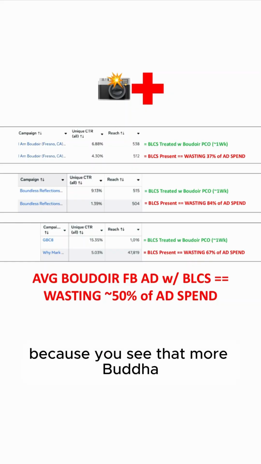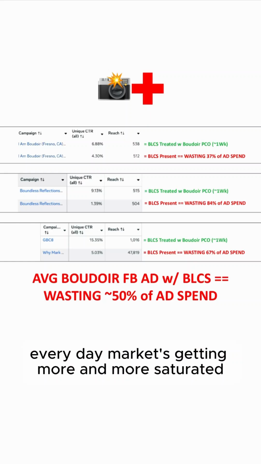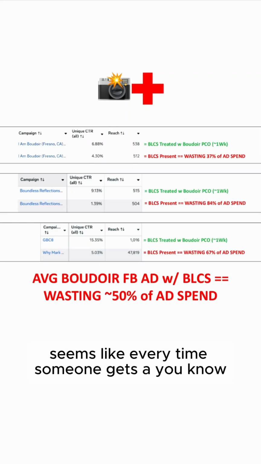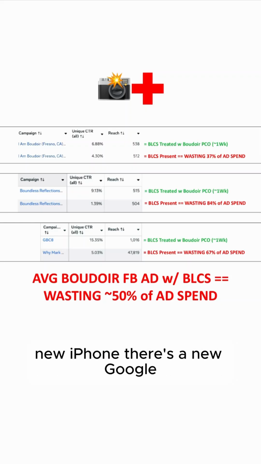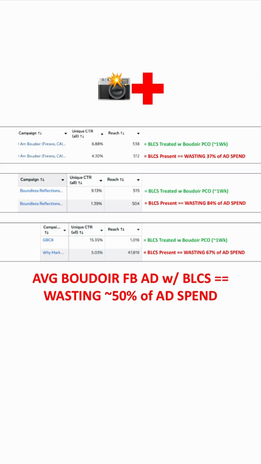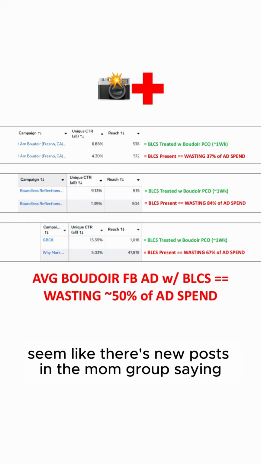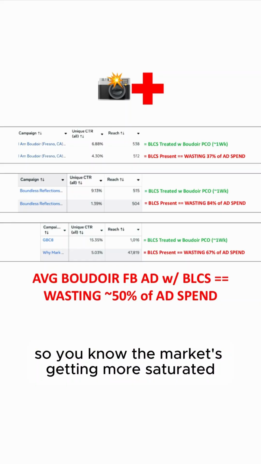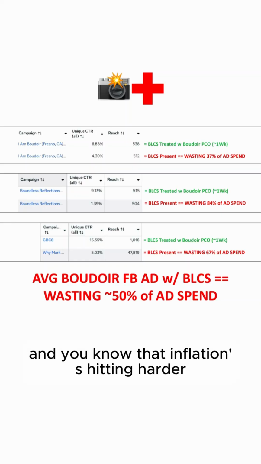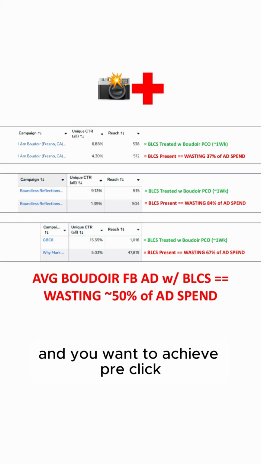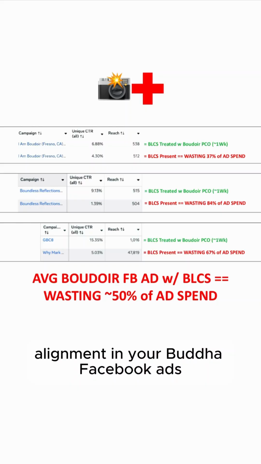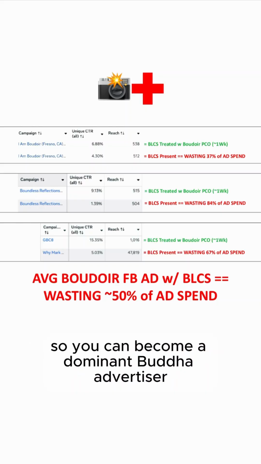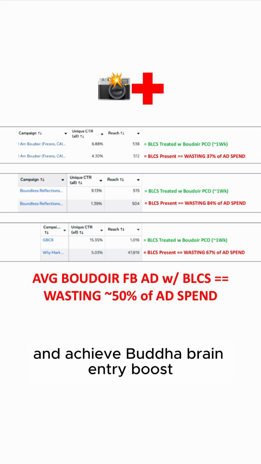Because you see that more boudoir photographers are entering the market every day. The market's getting more and more saturated. Seems like every time someone gets a new iPhone, there's a new Google My Business profile going up saying they do boudoir shoots. Whenever anyone gets a new camera, seems like there are new posts in the mom group saying that they do boudoir shoots. So the market's getting more saturated, and you know that inflation's hitting harder, and you want to achieve pre-click alignment in your boudoir Facebook ads so you can become a dominant boudoir advertiser